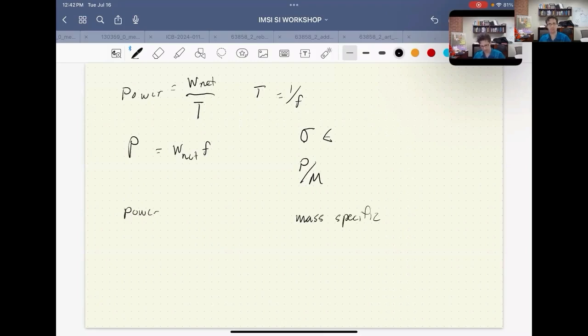Mass specific just means normalized to the mass. Sometimes we'll normalize to the muscle mass, and sometimes you have to watch the literature because they normalize to the body mass. It isn't always very good because the muscle mass won't necessarily scale with body mass. So you should be very careful what you're scaling to, especially when you're reporting the values and trying to calculate